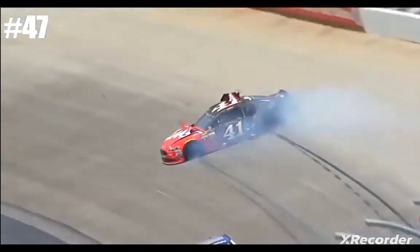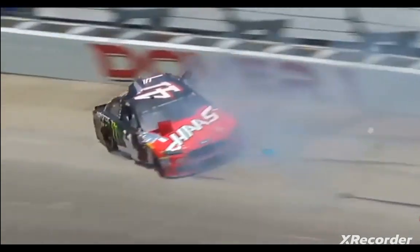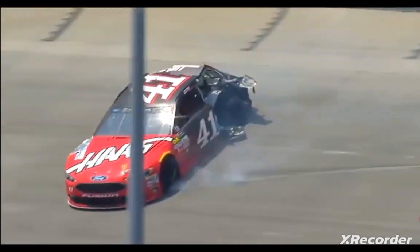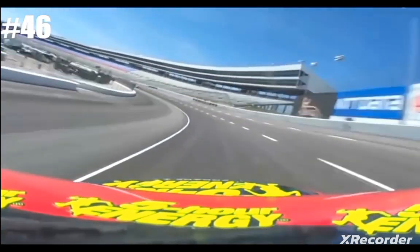It's almost like something happened. Yeah, left rear tire definitely went. Just shredded that tire and, of course, turned the car right around. Yeah. Right in here, the car starts up. See, it's going up. He's really committed to the...